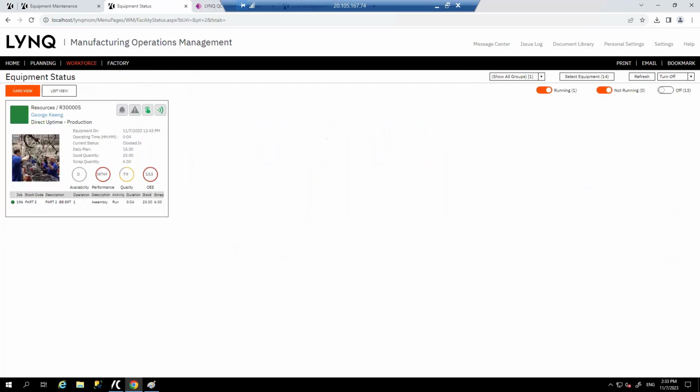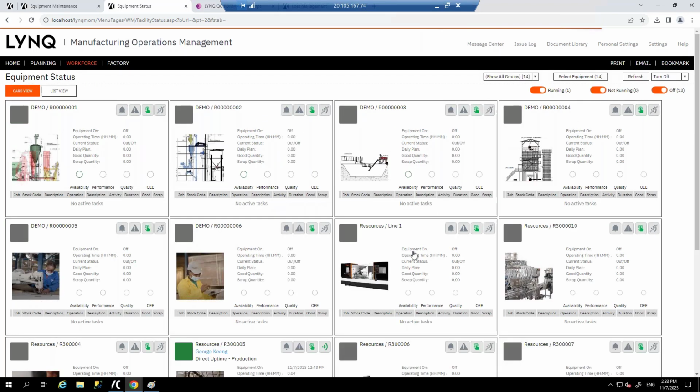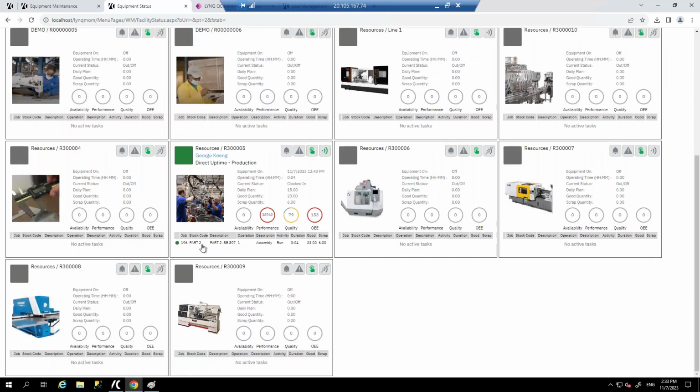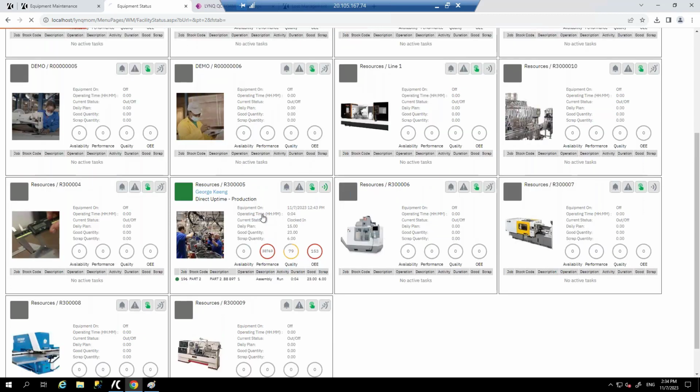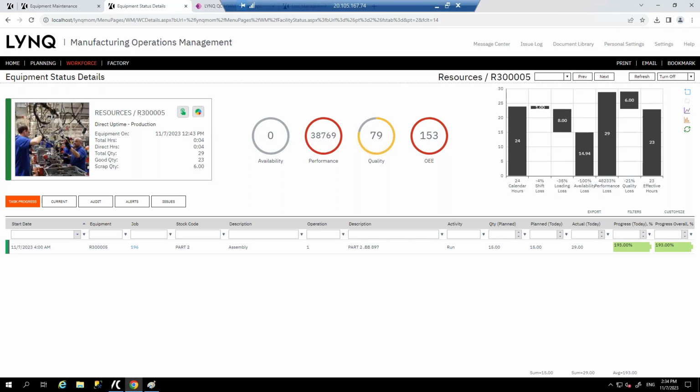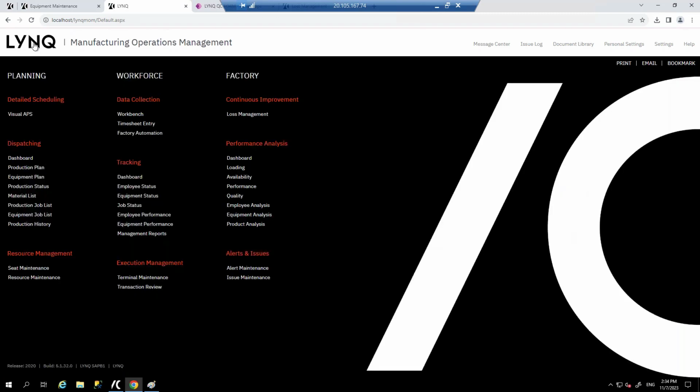Again, we can look at our equipment status. I've got most of them off at the moment, but you would see something like this. Again, some of our customers will have screens above the machine. So if you're across the factory floor, you can see that a machine is down. It will be red. You probably receive an alert as well that the machine's down. There'll be a signal to let you know that. And again, you can drill in like this and see exactly what's going on. We actually reported 29 pieces automatically from that automatic data capture that you saw just a minute ago. So that's manual and automatic data capture, tracking.